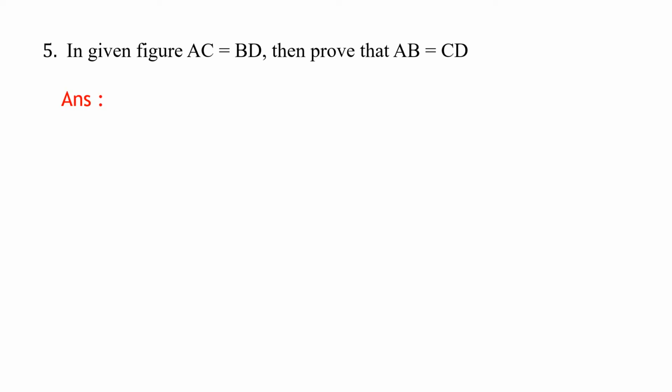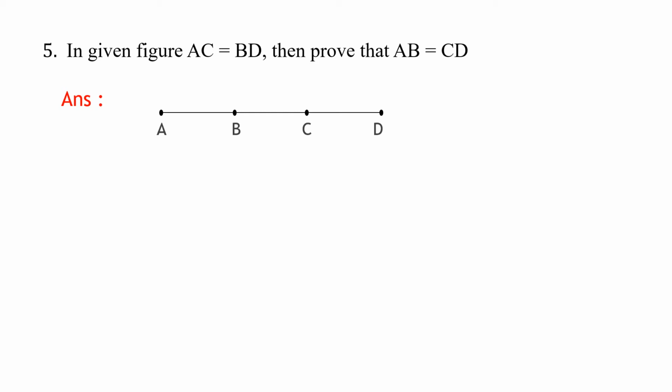Now we have given a figure here. So let us see the figure. Okay, so this is the figure. In this figure we have given AC equal to BD. Look at the diagram carefully. There is a line segment AB with two endpoints. There are 2 points B and C on it. Now if you see this, there are endpoints given, so we can actually measure the length. We can measure AB, AC, AD, BC, BD, and CD also. So all this can be measured.